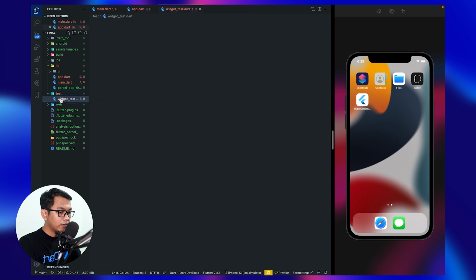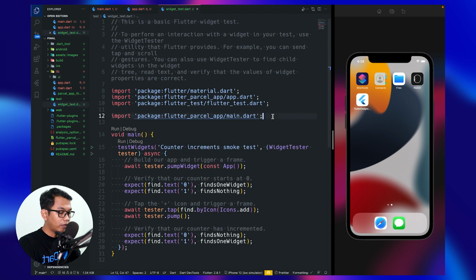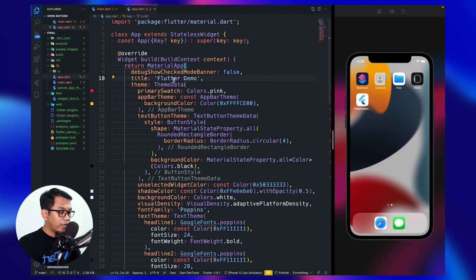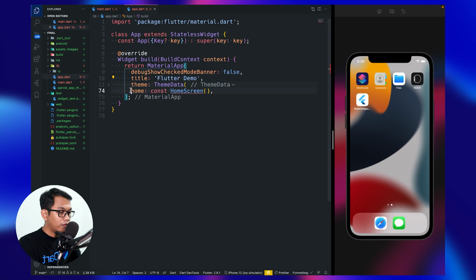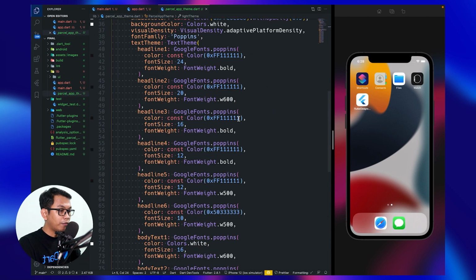And the next, we have to import here and remove this. And the next step is we remove this statement. And now we call our theme, which is parcel theme dot light. And when we click this, it will go to our parcel app theme file, as I said before.